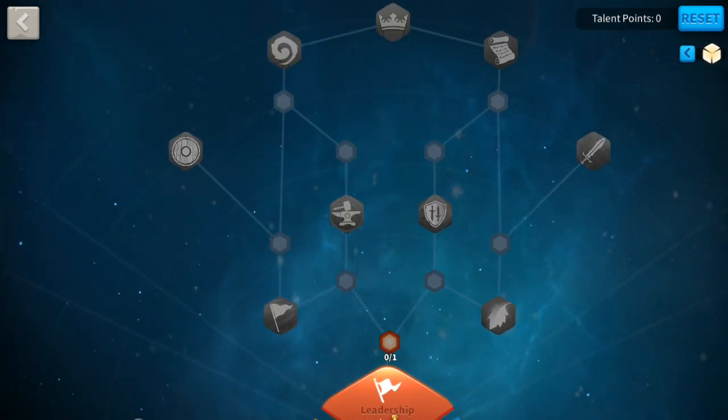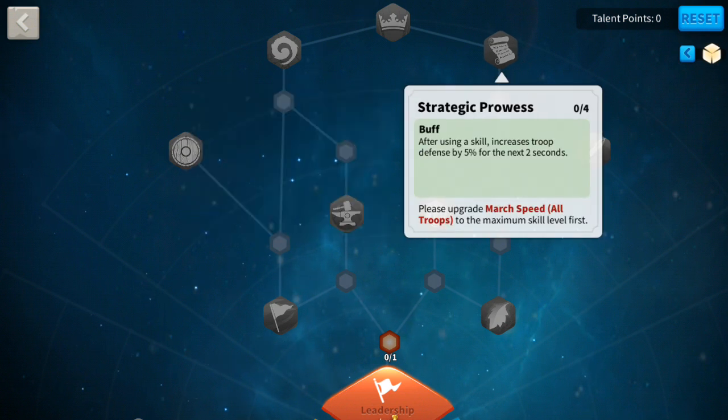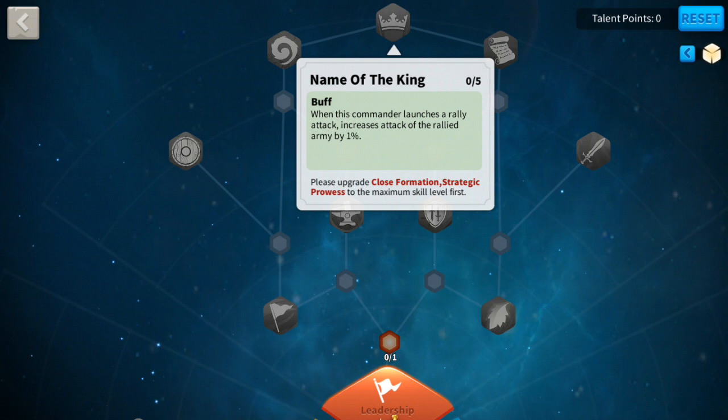Because look at this: Armored to the Teeth, Armed to the Teeth, and Close Formation, and Strategic Prowess. These are the four things which are very important to attack an enemy in open field. And if you have managed some talent points and given the talent points to Name of the King, then when you are going to attack enemies or any governor's city, it will give you a massive damage